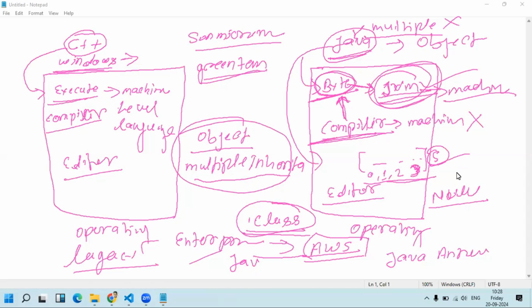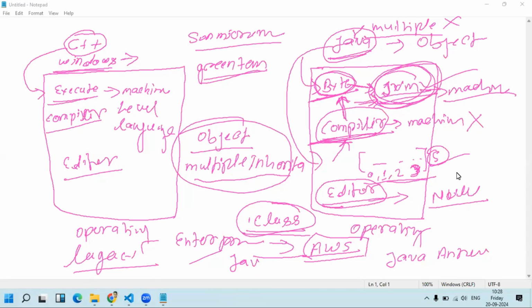Basically, first we need an editor, a compiler, and a JVM. The editor is to write the code, the compiler is to compile the code, and the JVM is to run the code in your machine, means in your operating system.